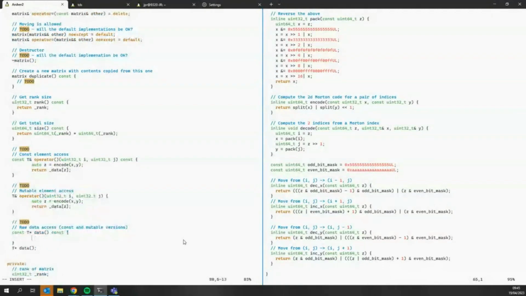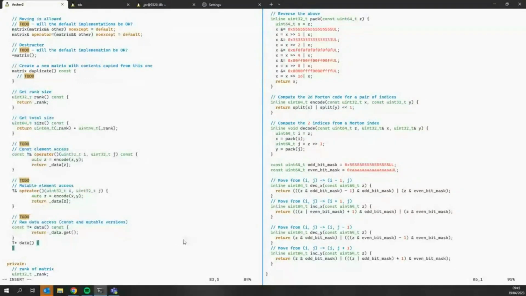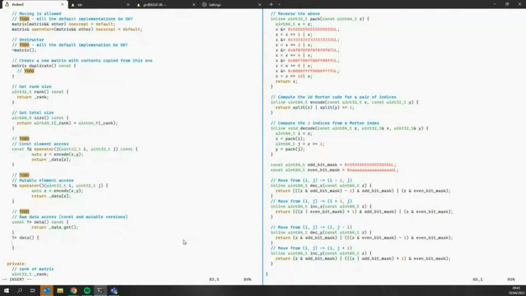And this is simply just return data. So the unique pointer is itself, the data has a function get, which gives us the raw pointer. This is then